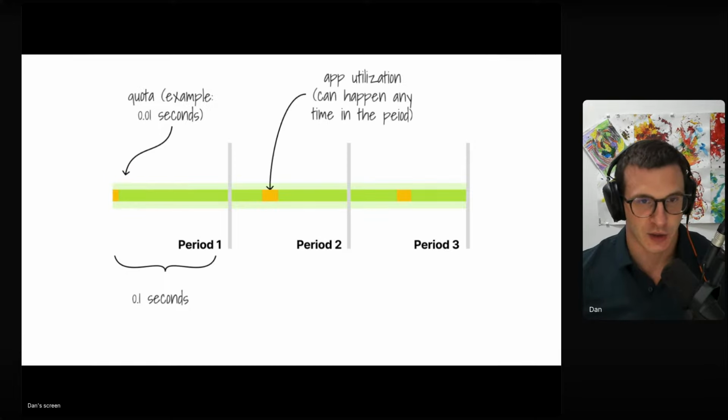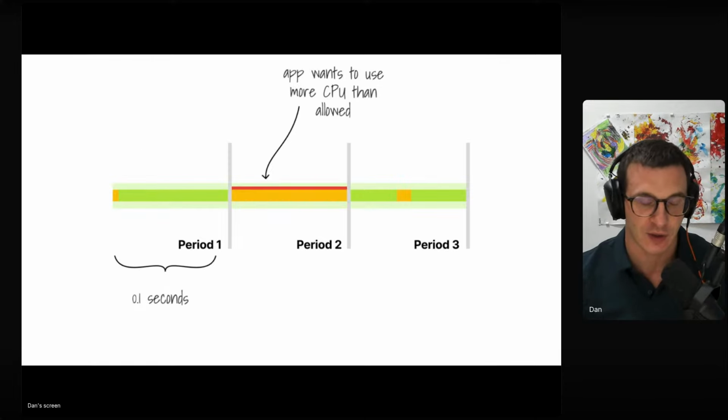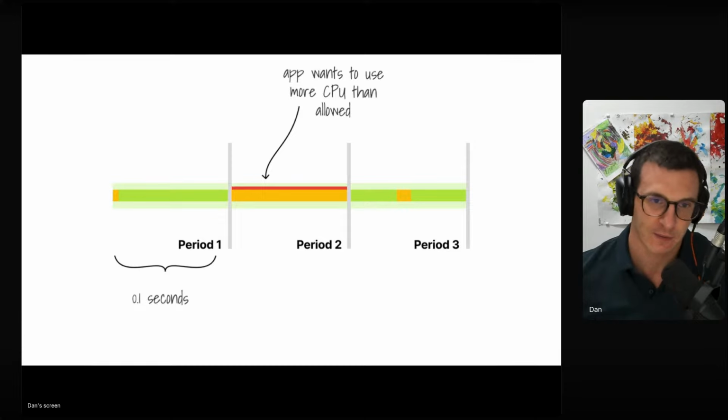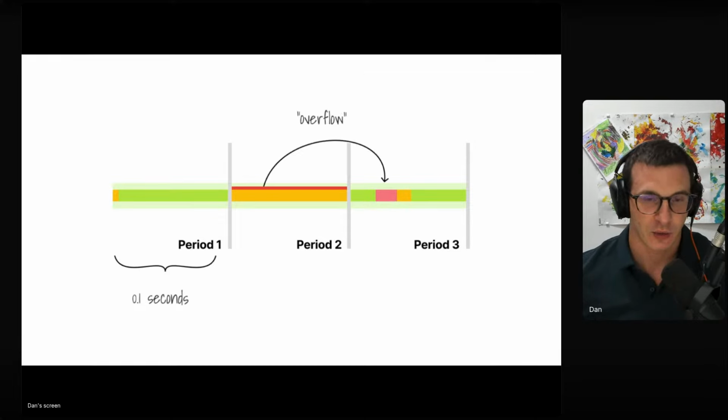And your application can use that quota anytime during the interval to do processing, any type of processing. But what happens is if it uses more CPU than what is allocated, then there isn't enough. And then what we need to do is basically wait for the next period to actually execute that unit of work, right? Because we've gone over the limit and we cannot use anything more than that, so we need to wait for CPU time in the next quarter.